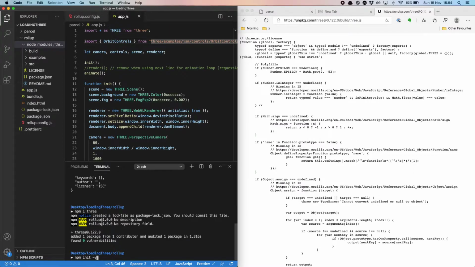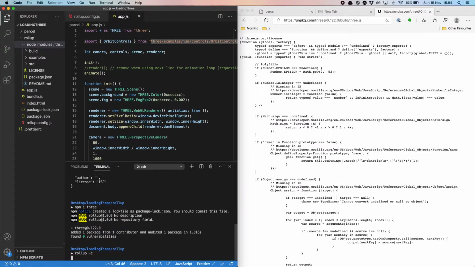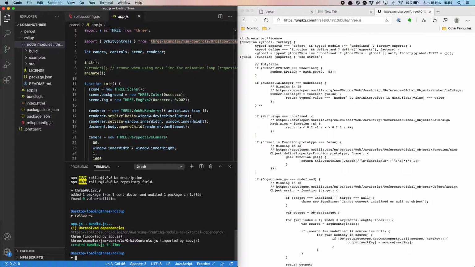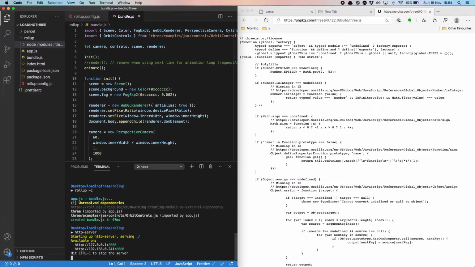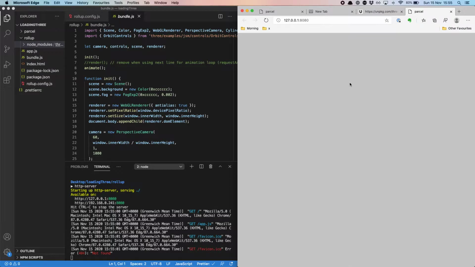So let's try Rollup again. Three imported by app, create a bundle, cool. So we have our bundle here. So this is brilliant. We have bundle.js. So let's try and run this server. So we're going to just set up an HTTP server. We should be on localhost 8080,